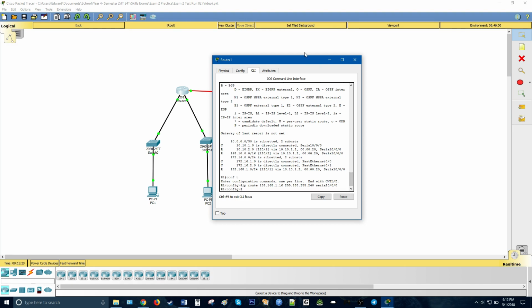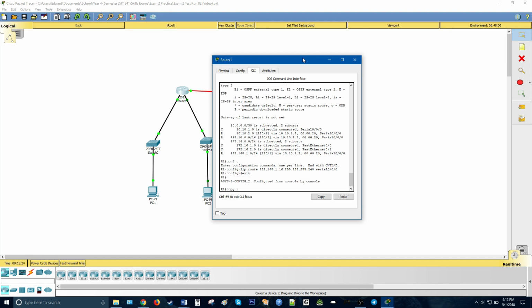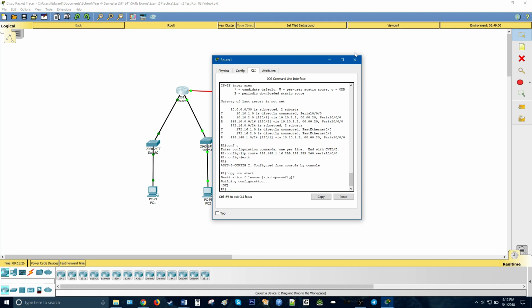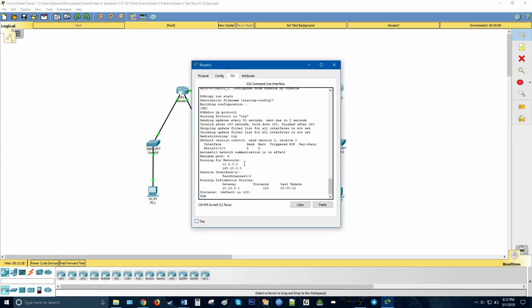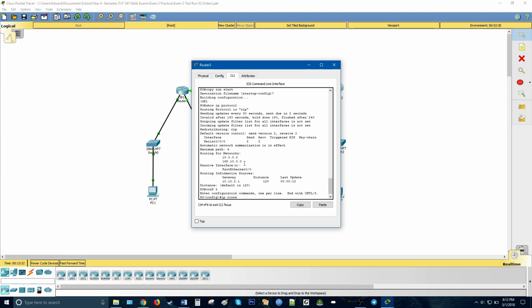So go ahead and do that. And go ahead and exit. Let's do copy run start. Do the same thing for R3. Go to the config line, IP routes